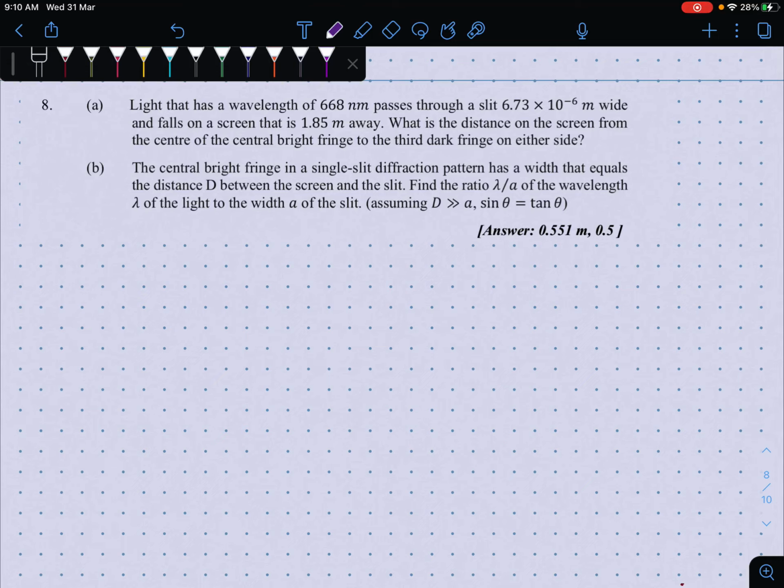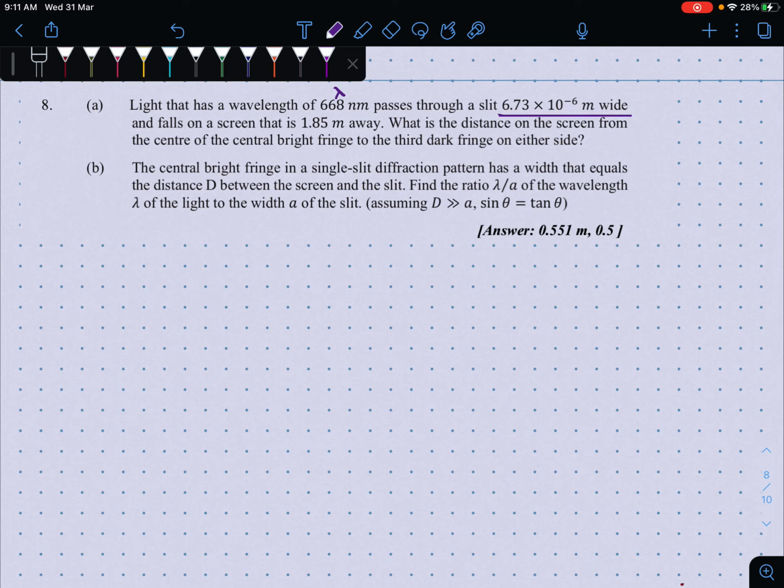Okay, next we're going to look at question 8 from tutorial chapter 8. So what we have in the question is light that has a wavelength of 668 nanometer passes through a slit 6.73 exponent negative 6 meter width and falls on the screen that is 1.65 meter away. What is the distance on the screen from the center of the central bright to the third dark fringe on either side? So what we have in the question is the wavelength given and passes through a slit of 6.73